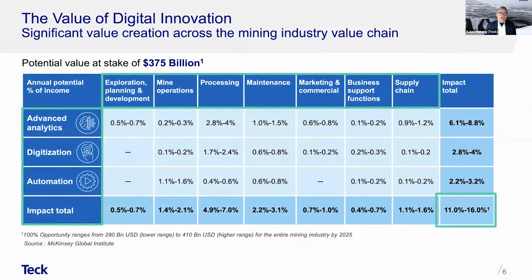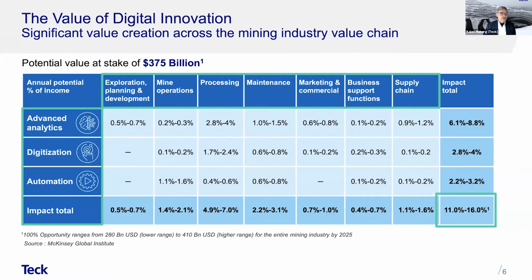In addition, of course, we can't forget that these are businesses and they're highly functional businesses. And the whole industry is looking at a potential value of $375 billion at stake in terms of the value of digital innovation and the performance increases it brings, as well as all of the changes it brings in our ability to mine both safely and in a very environmental way.